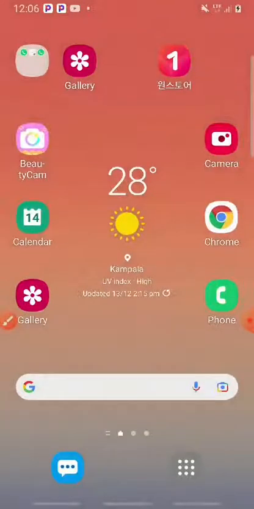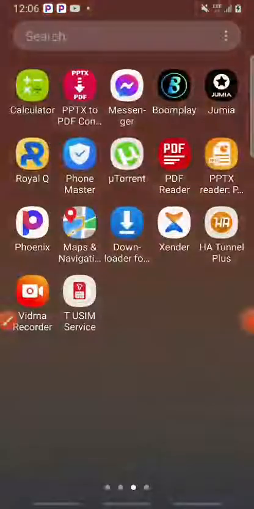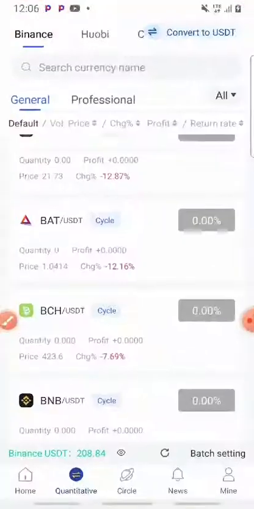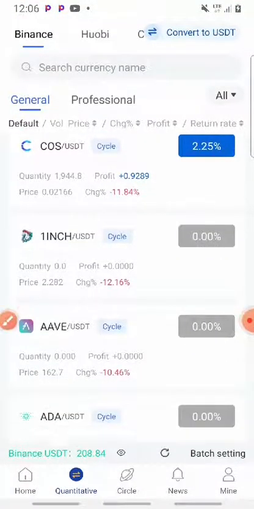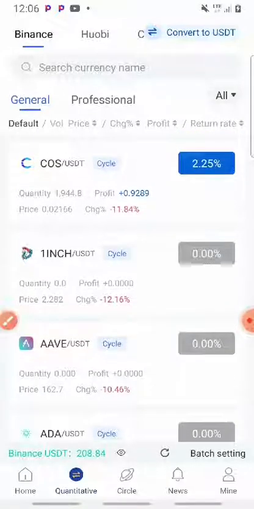We should just have the right mindset on how to attack this. The right mindset is really very key, and your patience. So I'll right away go to the bot itself. I can choose, like you can see, this is cost against USDT. Now if I just place on 1 inch,